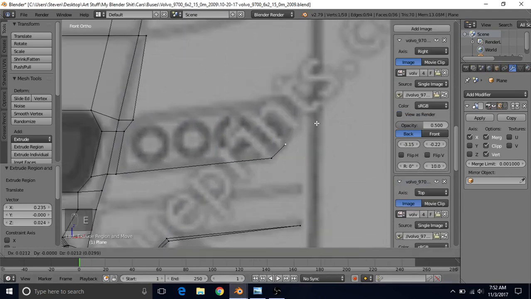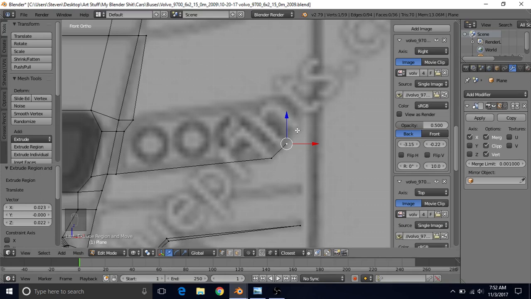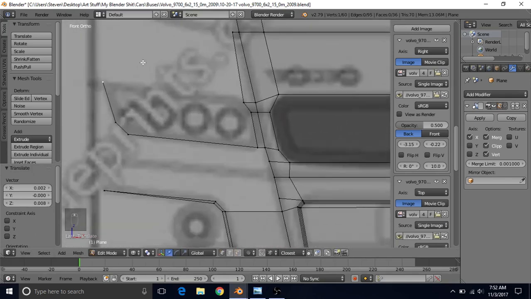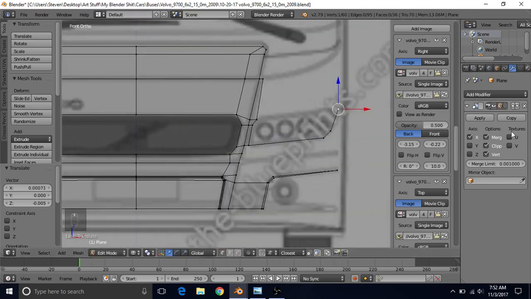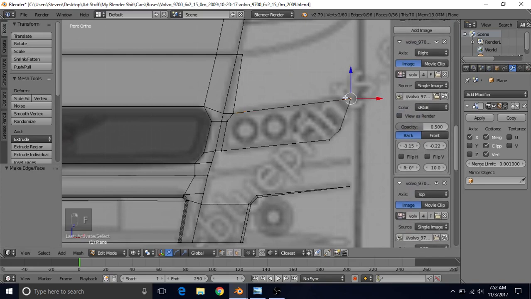E to extrude again and bring it like this to create a curve on the bottom. And this point comes to a point. It's not really curved at this point. So we can just bring this up with E to extrude and bring it up to approximately where we think it should be, right over here. And then we can have this one selected, shift select this one and press F to complete